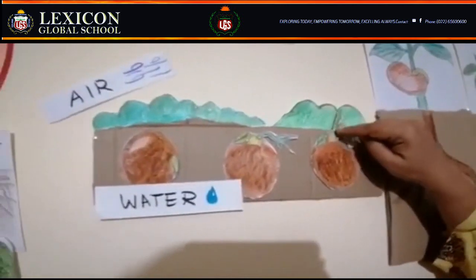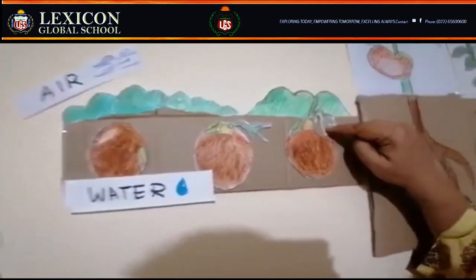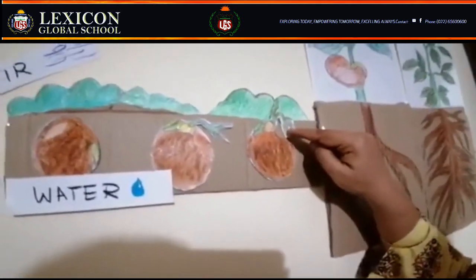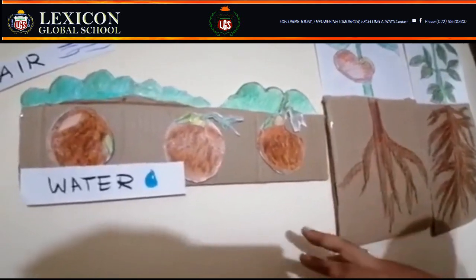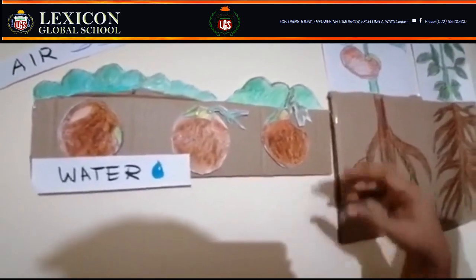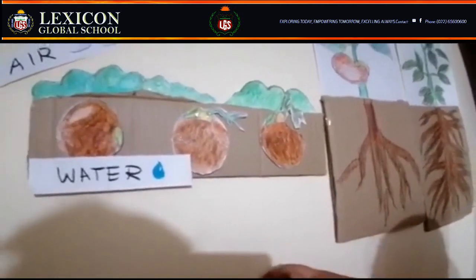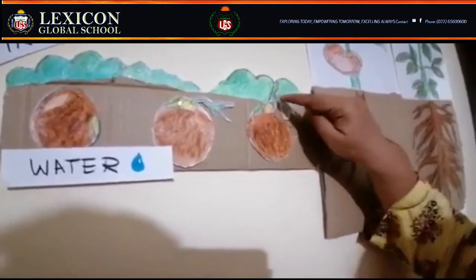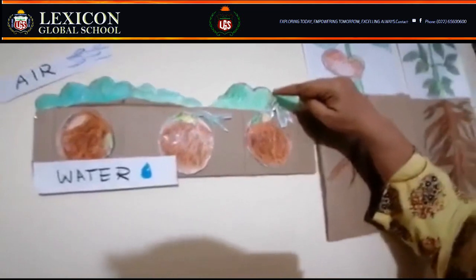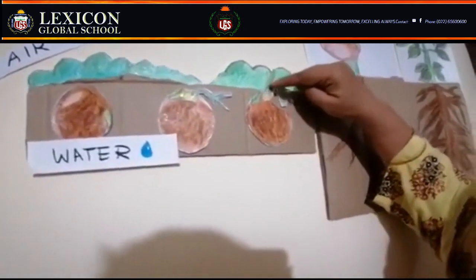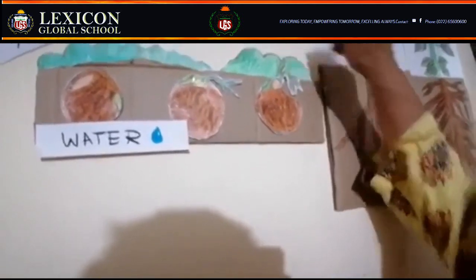Okay, the down part, this down one is known as radicle or root. It goes inside the soil to take the minerals and water, and it gives support for the plant to stand straight in the soil. Then this upper part you can see, which grows as a shoot. Okay, this is called as shoot or plumule, which grows further into a plant.